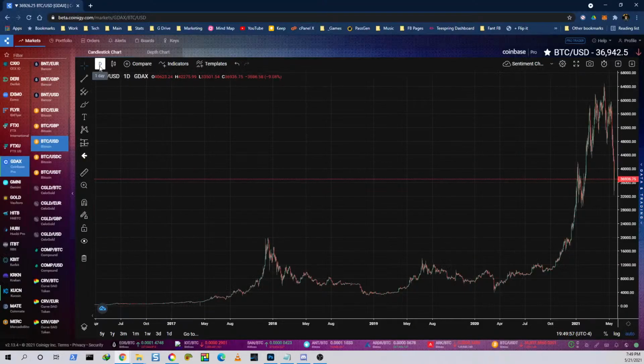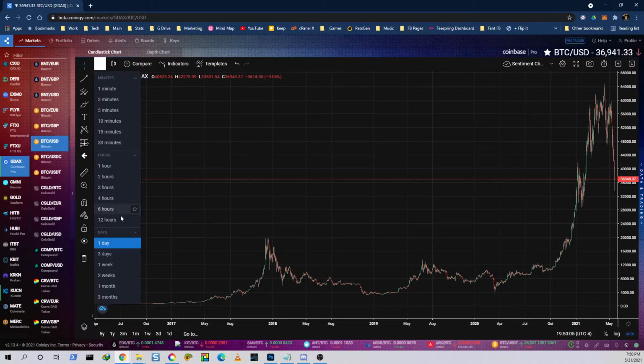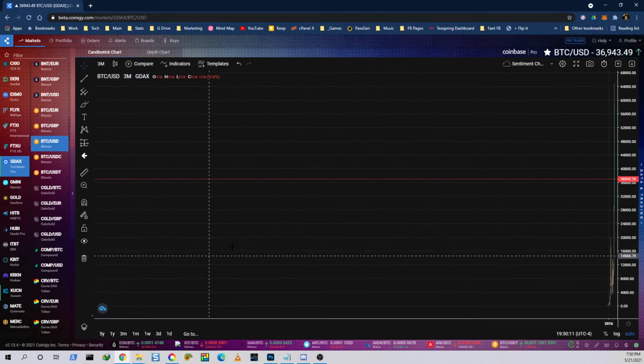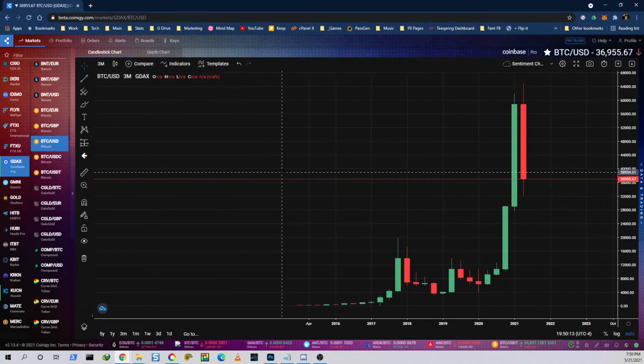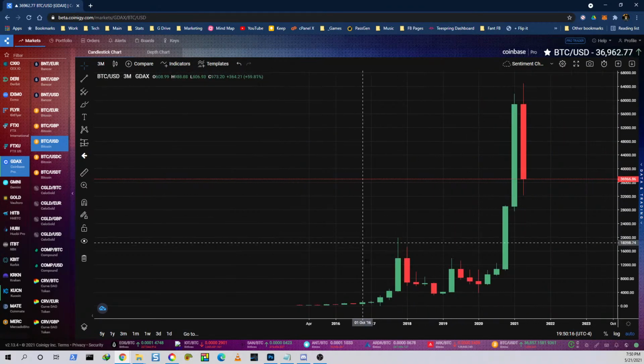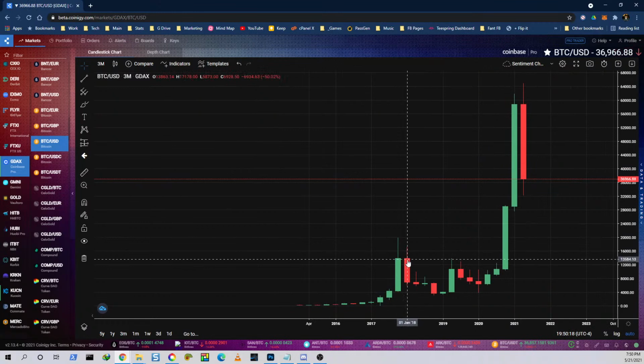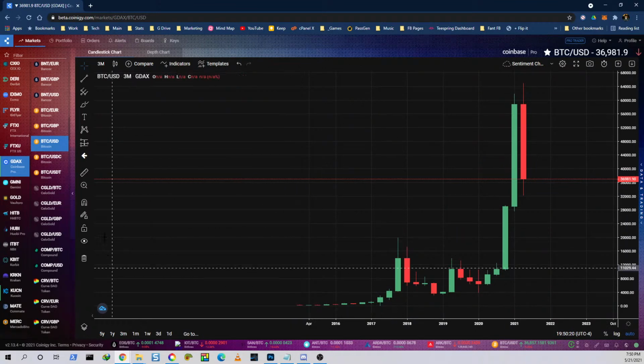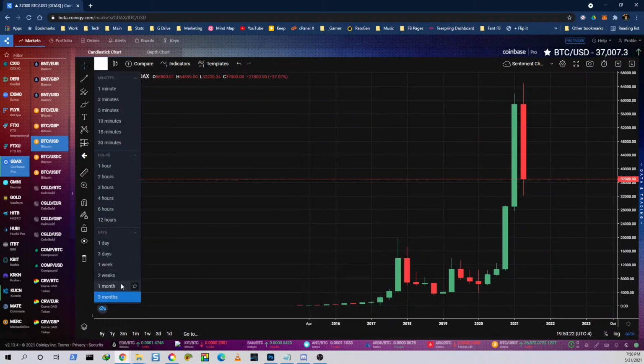Okay, so here in the corner, this is going to be the quick way for you to go back and forth between your days, right? So what I do is this will set up what this looks like. So it's either you can have it in the day, you can have it for 3 months. You can see that the chart gets really tight then, right? That's 3 months of data all crushed together. You can set it up for 1 month, right?